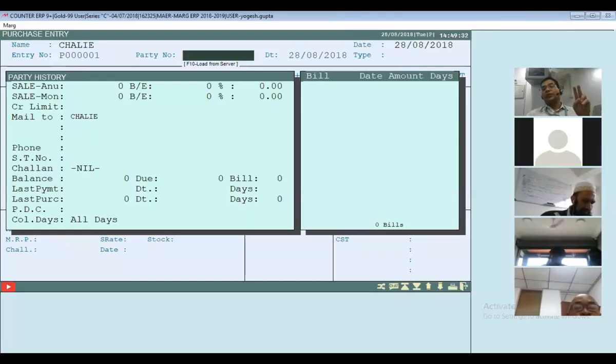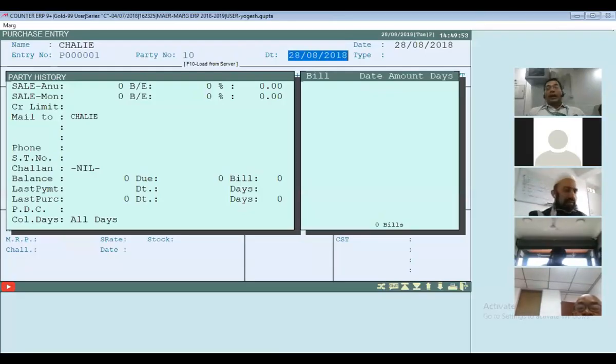This is the difference between these two. I repeat it. First, it is showing me my own sequence. I'll get P1, P2, P3, P4, etc. The party number is the one printed on the bill the supplier gave me.